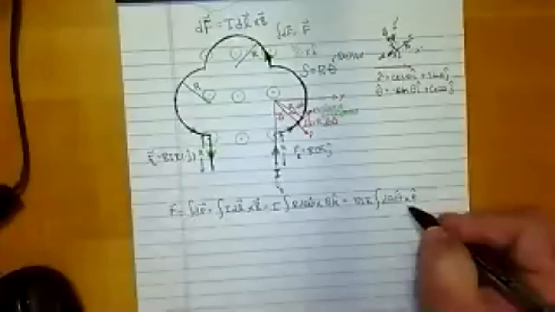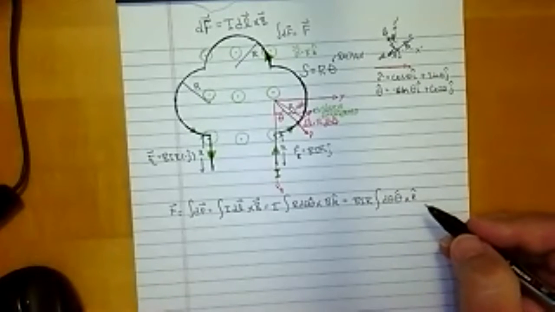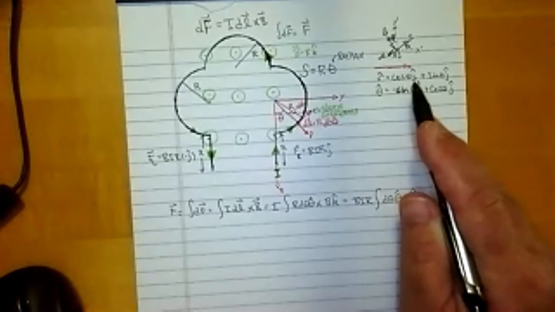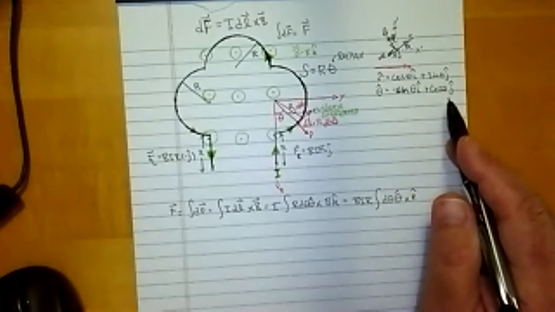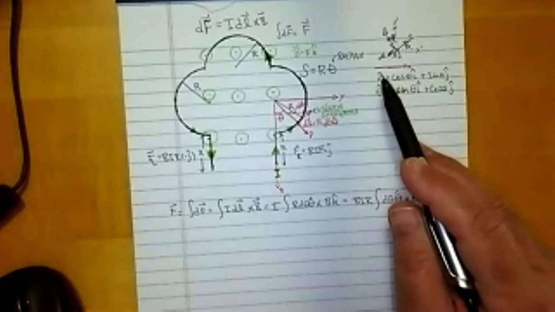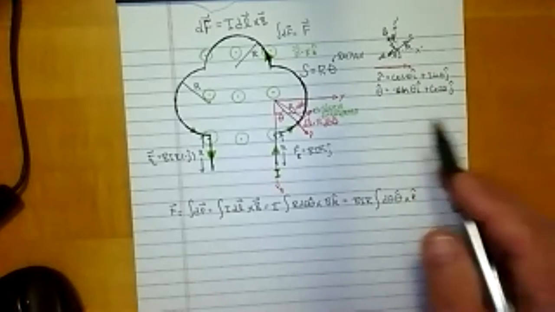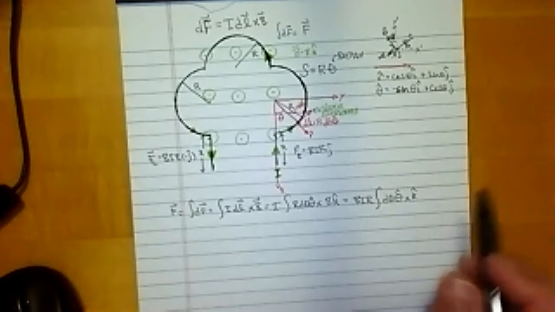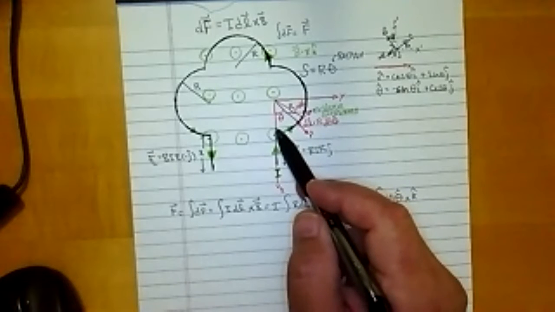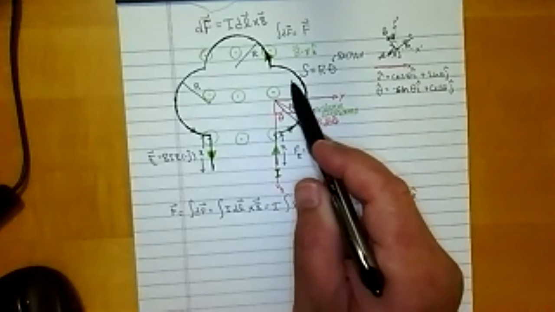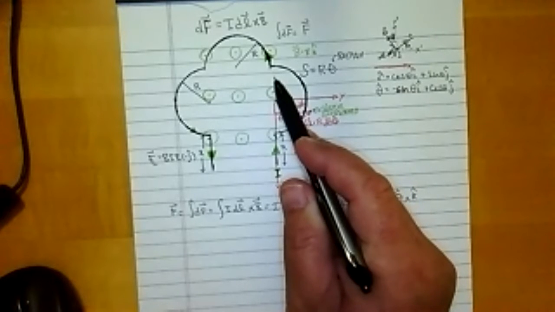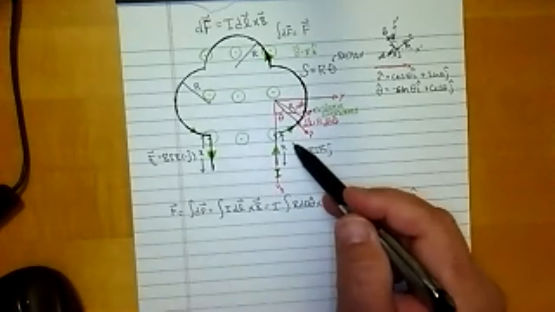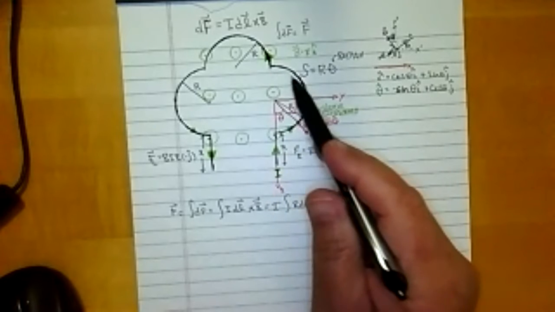So now what I've got to do is actually work out what theta hat cross k hat is. That's the whole reason I worked out what is r hat and then what is theta hat. In fact, I really didn't have to have r hat. I just did it for completeness. The theta hat is really what I needed. So I've got to work all this out and then integrate it, because we're going to allow theta to run from 0 all the way to pi. That will take into account the entire arc length,